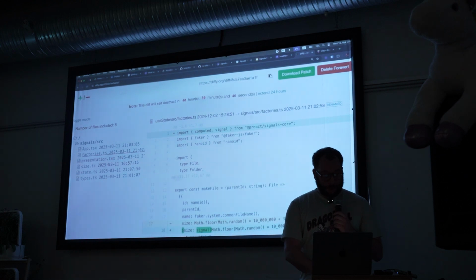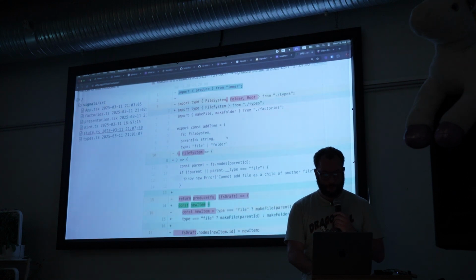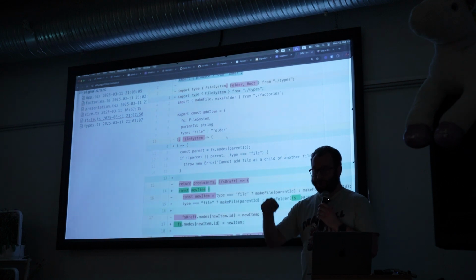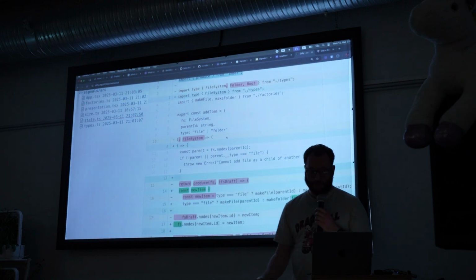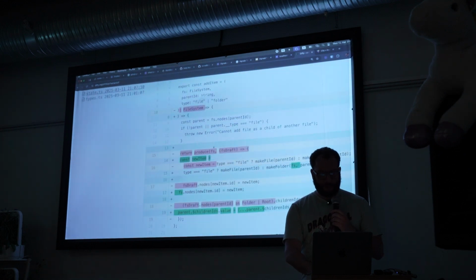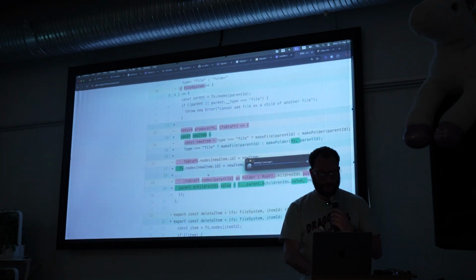Now, the rest of the changes are state management. I don't need immer anymore. I don't need to return the reconstructed file system. I just need to mutate things, like literally mutating them. So I've removed this return type. I removed this wrap in produce, which was from immer to rebuild the entire file system structure. And rather, I just,